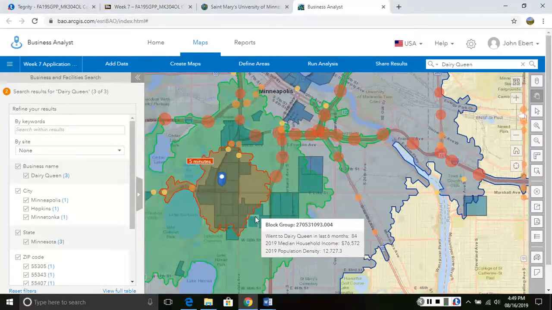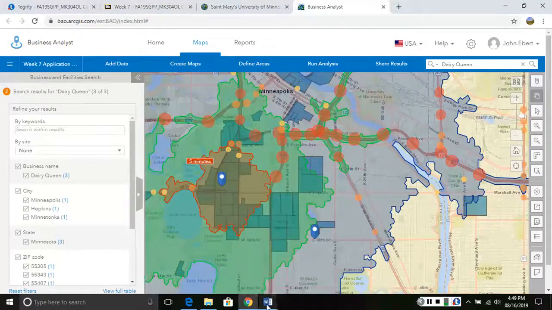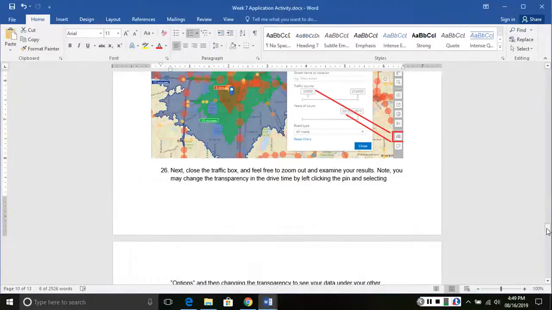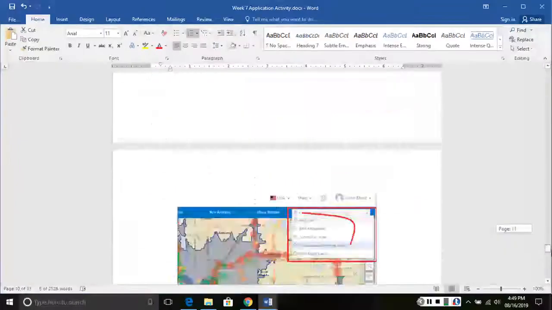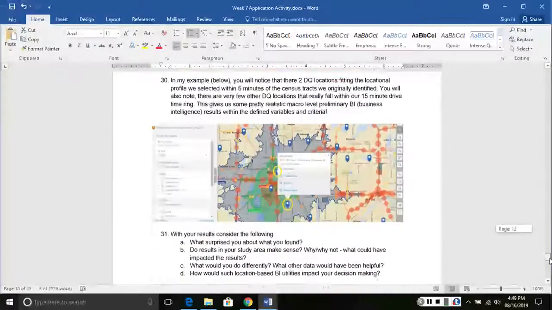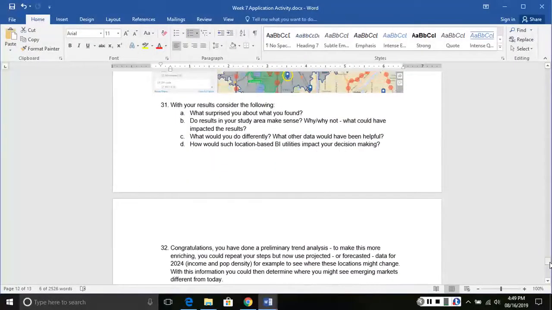So in number 31, whatever you're looking at, whether it's DQ or your own little study, some things to think about: What surprised you about what you found? Do your results in your study area make sense? What could have impacted the study? Largely in this case, it might frankly just be not having corporate inside knowledge. It might be data limitations. We only have 4 or 5 variables. That's not everything. What would you maybe do differently if you could go back and do it in a different way? So think about these questions